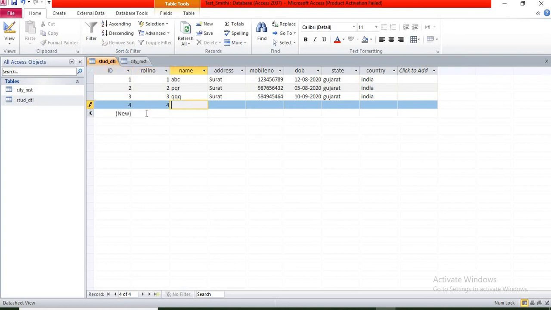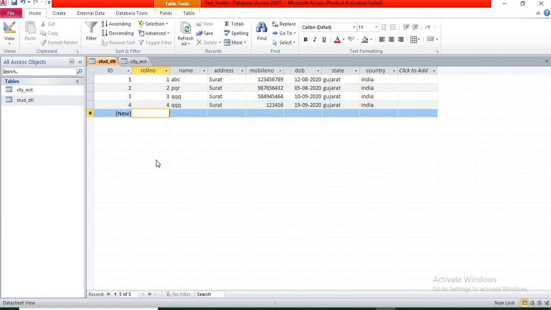Here you can add some records, India. So you can add data in your table using datasheet view.